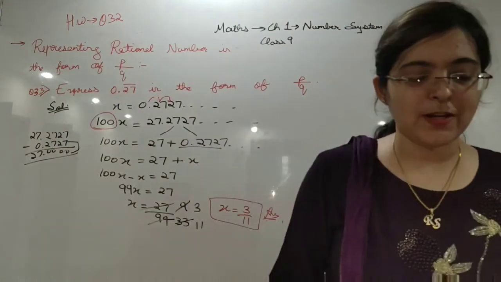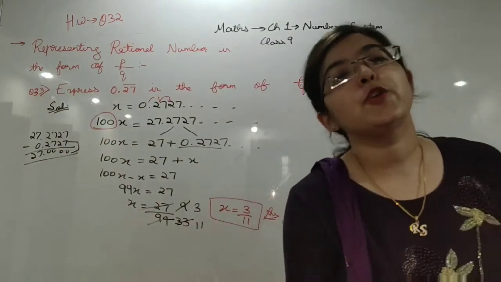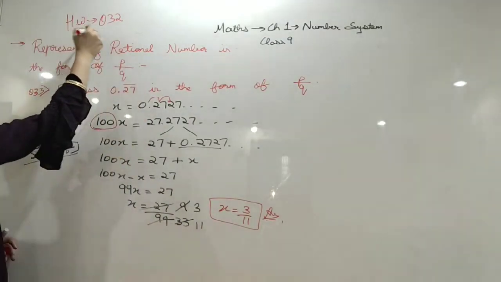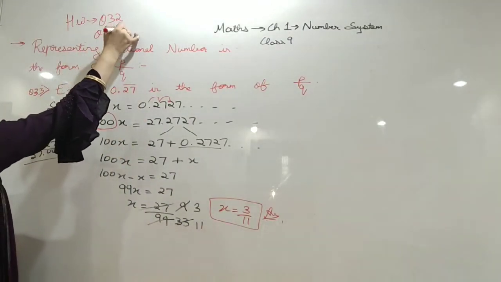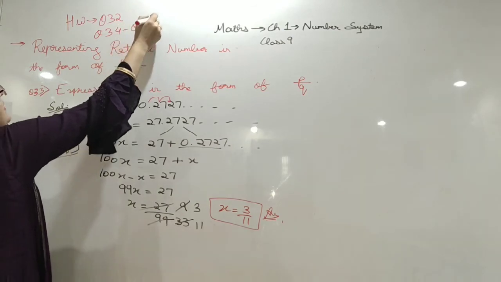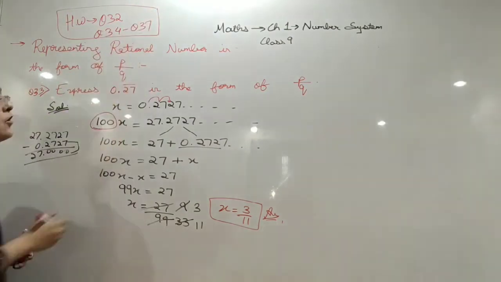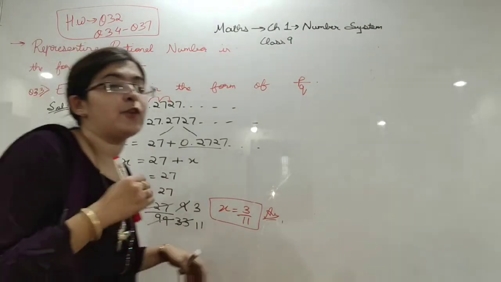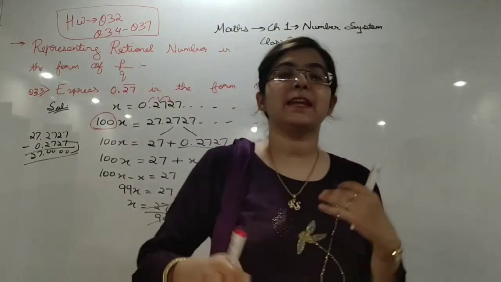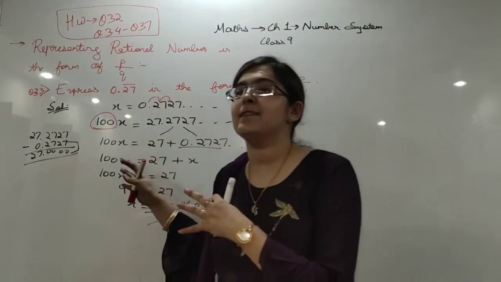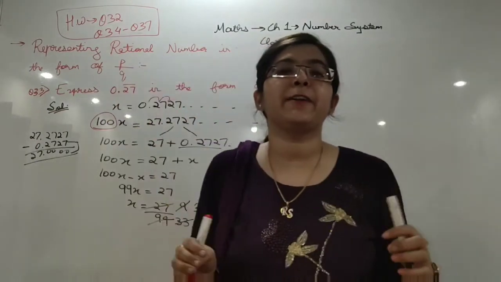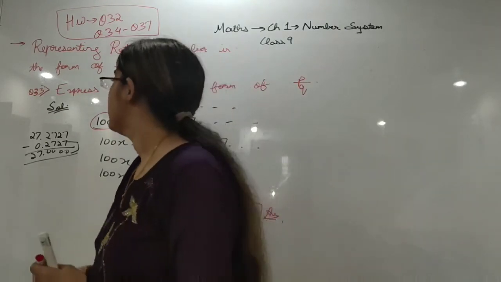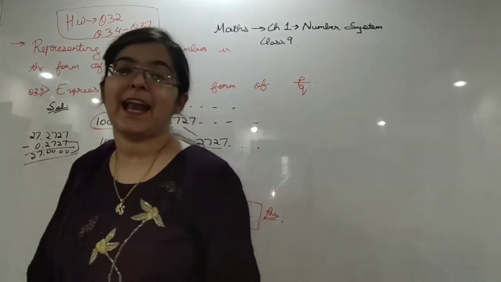Now students, question number 34 to question number 37 are same, with the bar on 2 numbers. These are same as question number 33. I have told you that you have to practice many questions so that the method sticks in your mind. You will never forget it. So keep on practicing. We will discuss this in our live class.